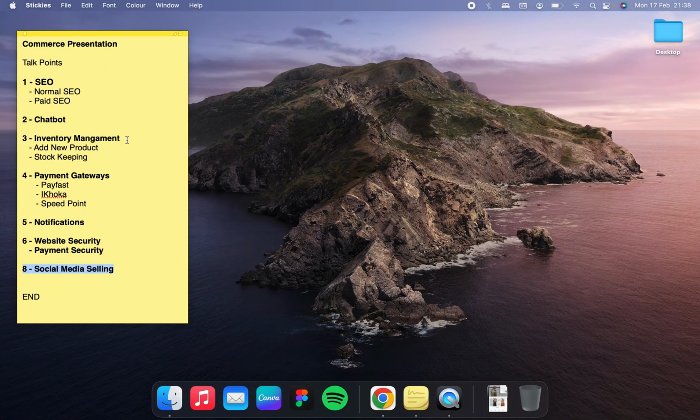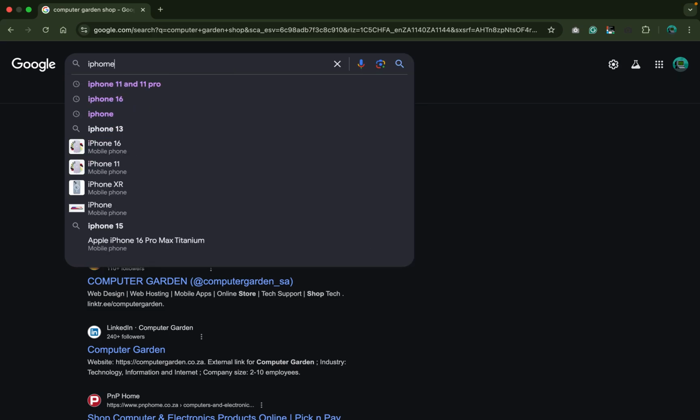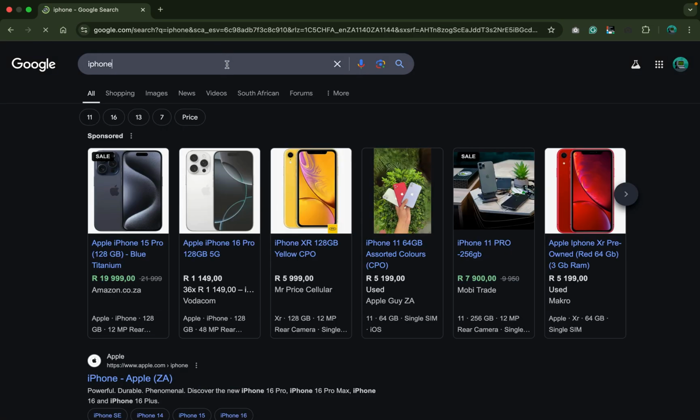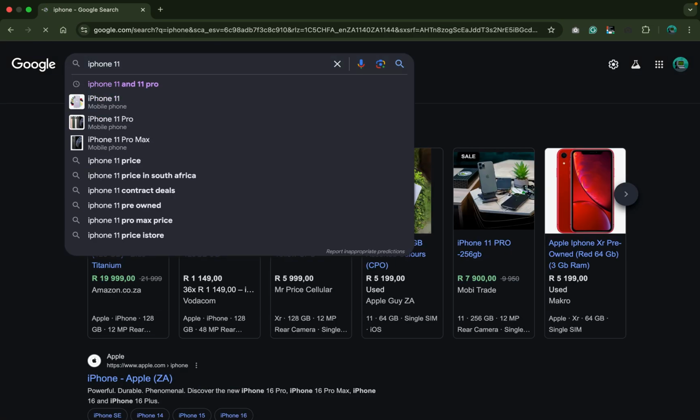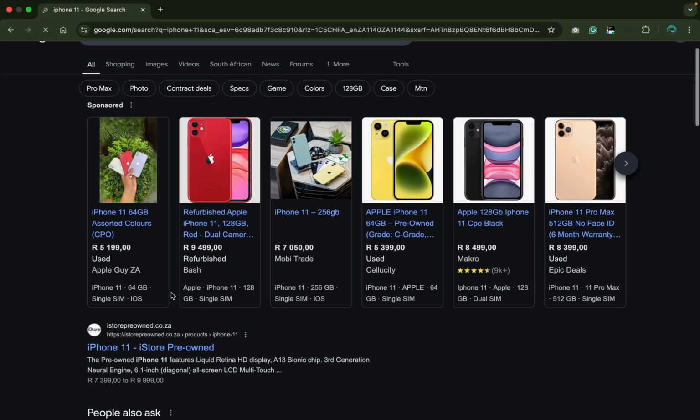But I also want to share just a little bit about paid SEO. So what is paid SEO? Now let's say I'm looking for a particular product, not your particular company. Let's say I'm looking for an iPhone 11. Now, an iPhone 11, as you can see,